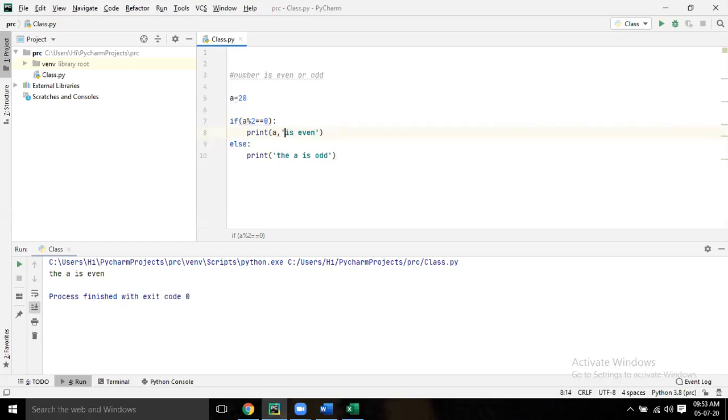Space. Similarly, you write A is odd. A, comma. Now run it. Now give 25. Yes. Perfect. Correct. Yes, sir.